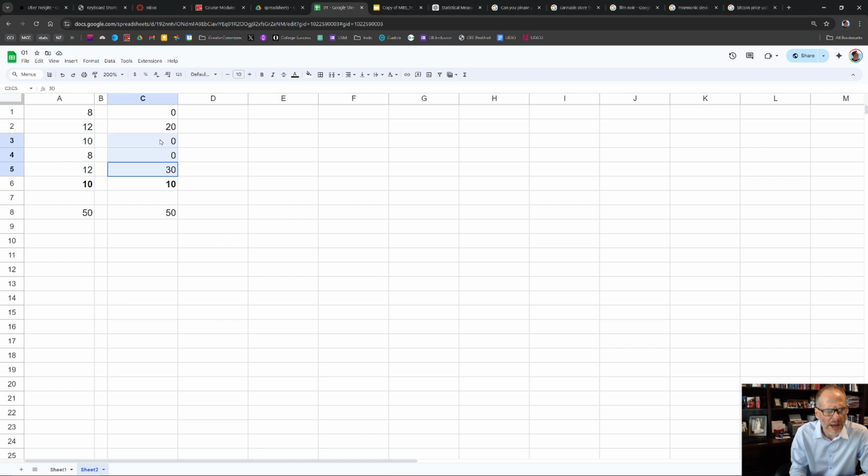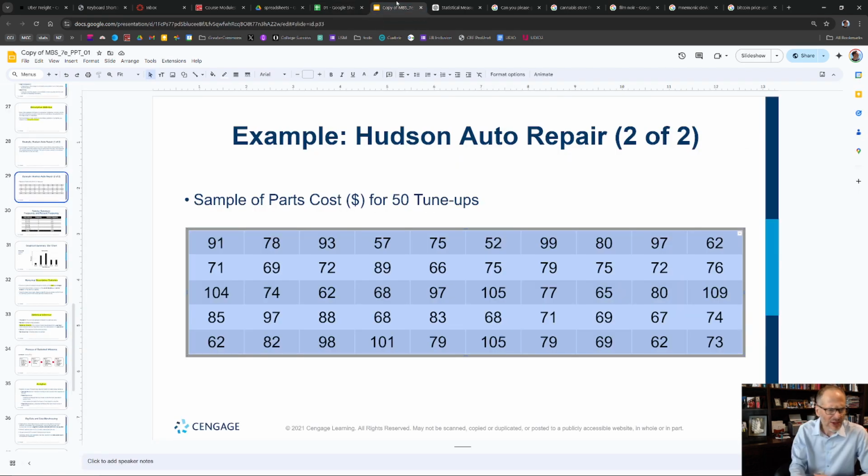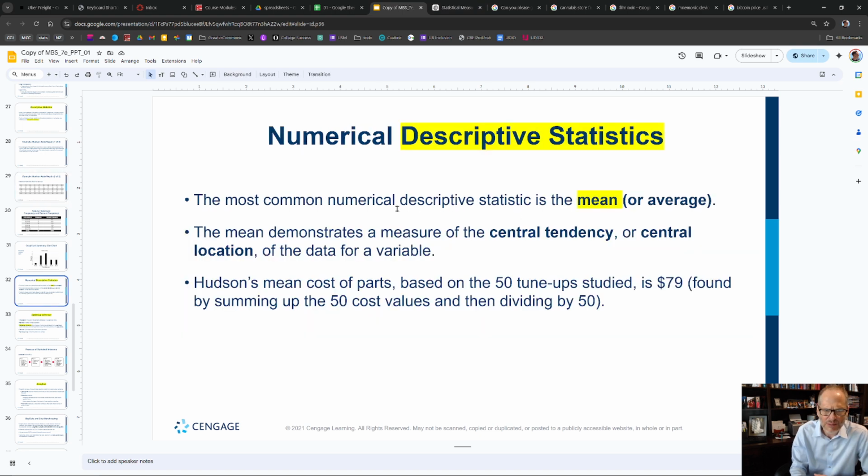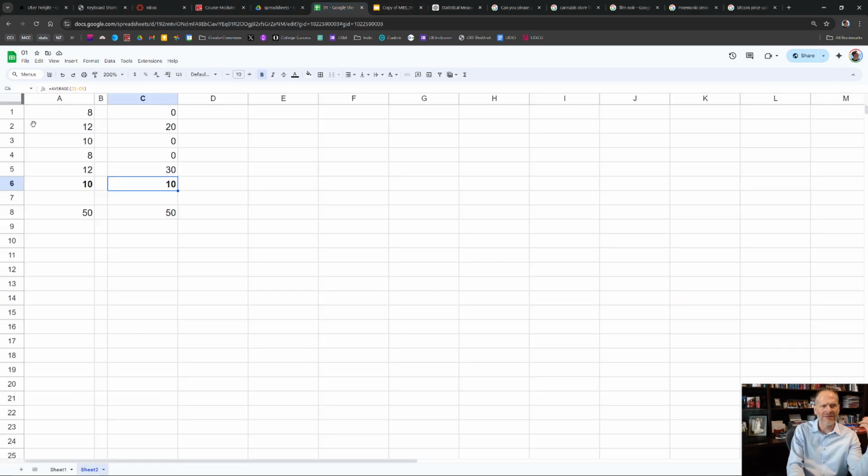This person has way more variance than this. But on average, each day, they're closing 10 deals. Over 5 days, they each got 50. So on average, they're doing 10 a day, right? So the average is the central location or the central tendency. And so here you see the most common numerical descriptive statistic is the mean or the average. And then you're also gaining some insight there into this idea of variance.